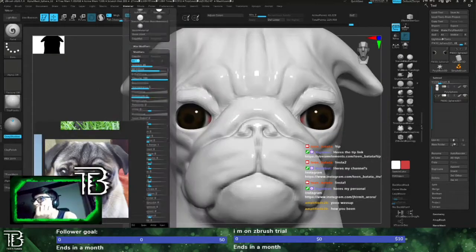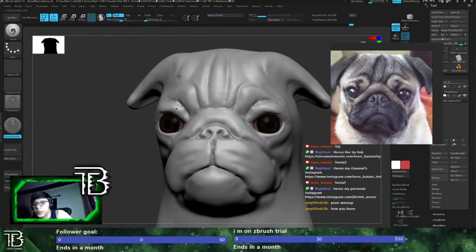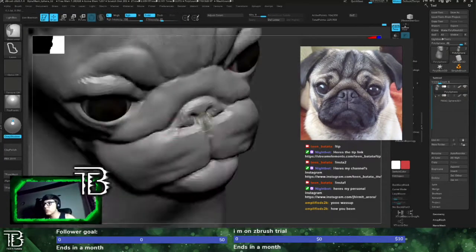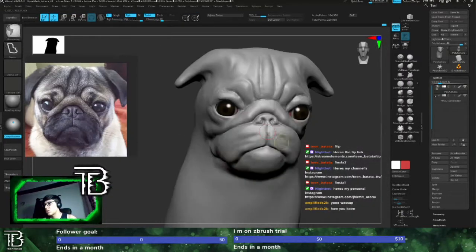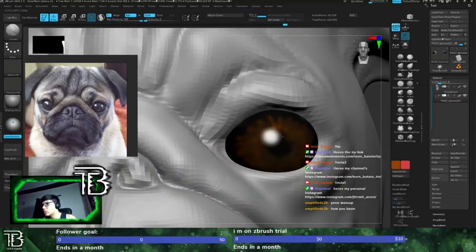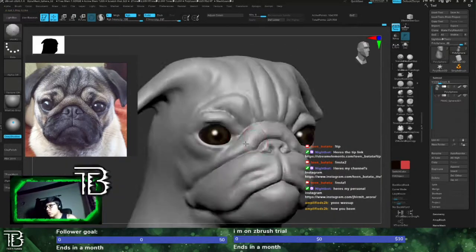I was trying to get a very balanced look with the wrinkles. I didn't want it to look too old and I didn't want it to look too young. No wrinkles would just make it look too young, and a lot of wrinkles would just look weird and not cute. To make sure that I get a very balanced version of this, I looked at a lot of references and I saw where the wrinkles were, and